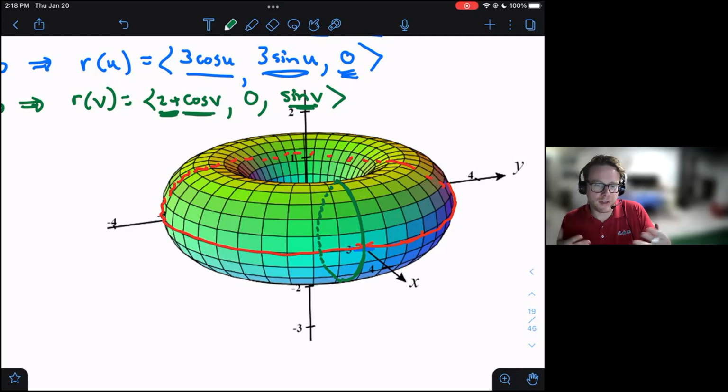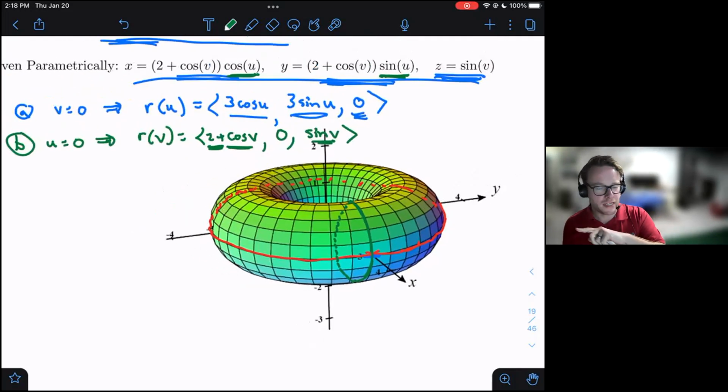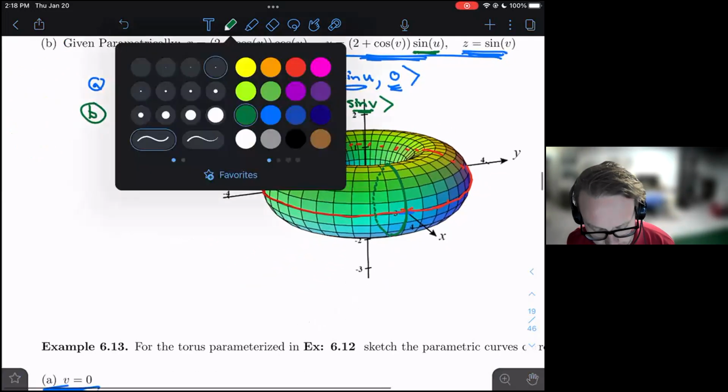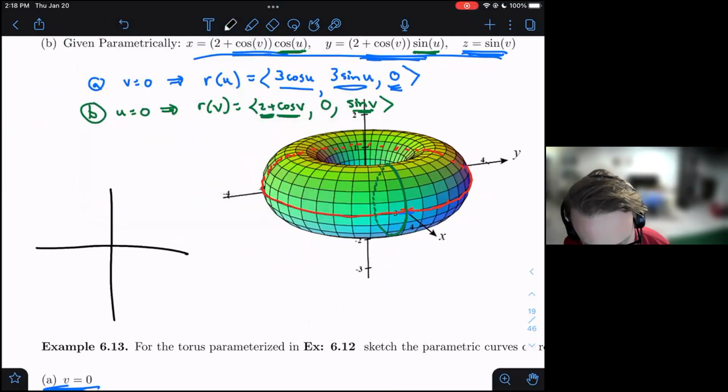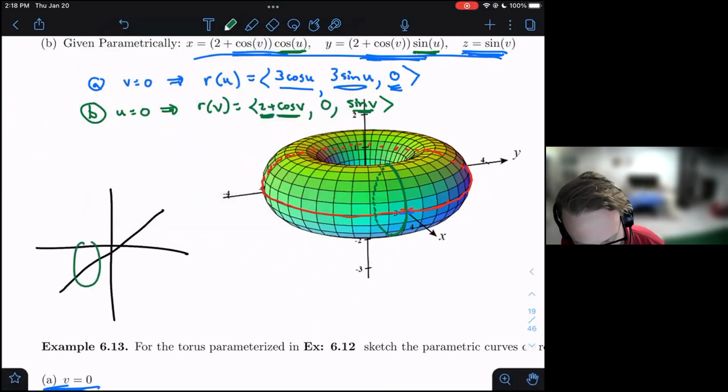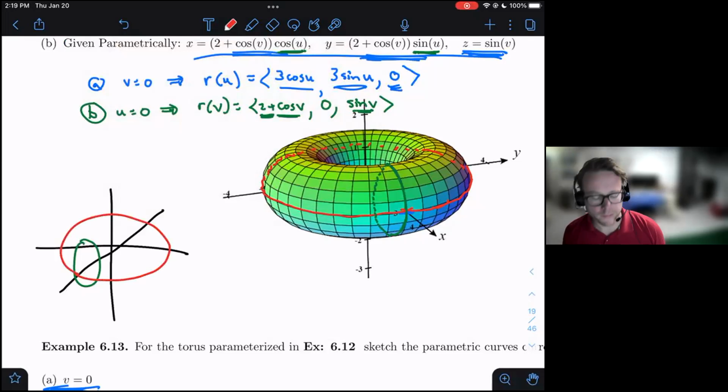If you just have these two curves, these two circles, and you restrict down one of them, maybe the v's to be 0 or something else, you get these circles that are kind of horizontal here. And if you restrict down your u's, you have these circles that are vertical. With those two, if I just draw this picture and ask what do you think this is going to be? Maybe I've just fooled myself, but I can kind of see how this thing is acting, that you're going to have these circles going in these two directions, and that this is going to be a torus here. So anyway,